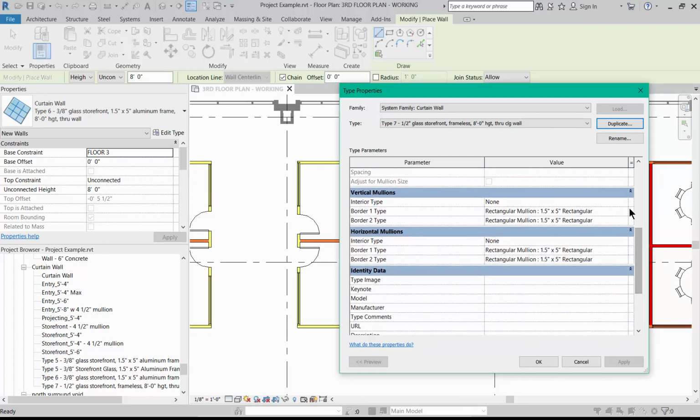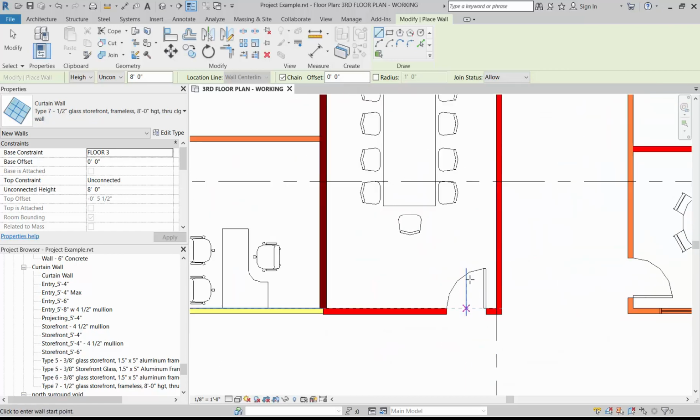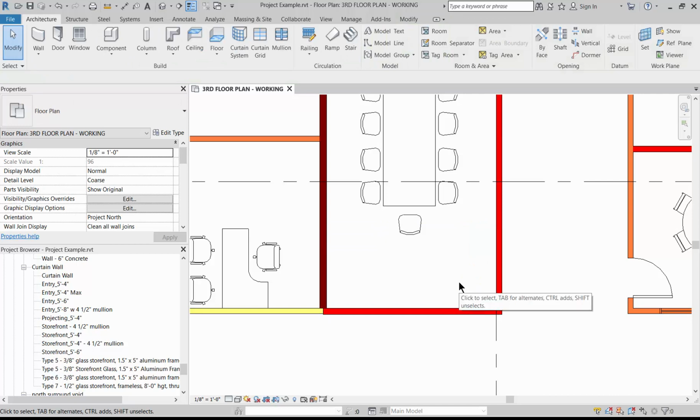Okay, and now I need to get rid of my mullions, so I want to have no mullions in order to create that frameless condition. One thing you might want to do here is then embed this door into the glass wall. So I'm going to get out of the wall command for a moment and get rid of this door, and then later on I'm going to import one into the storefront. Okay, so back to the wall command,